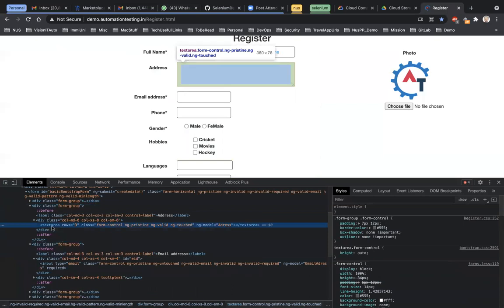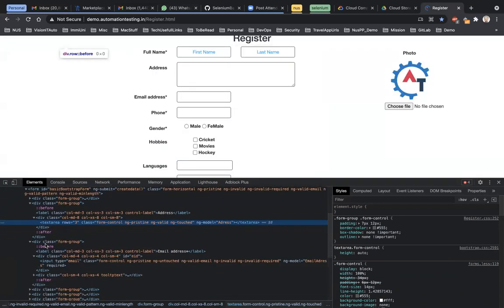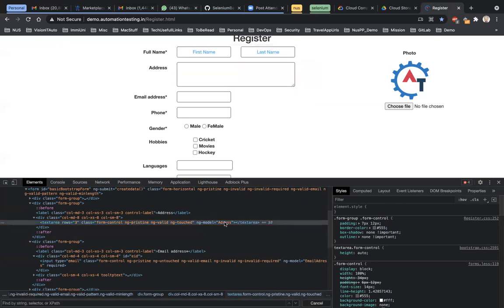This is what I have just traced. This is an absolute XPath, but I can also find a way to relatively identify it. So if I have an attribute called ng model whose value is address, and I know this uniquely identifies this specific element, why not just use this attribute to locate it? How to do it? There is some syntax available for how to write XPath.